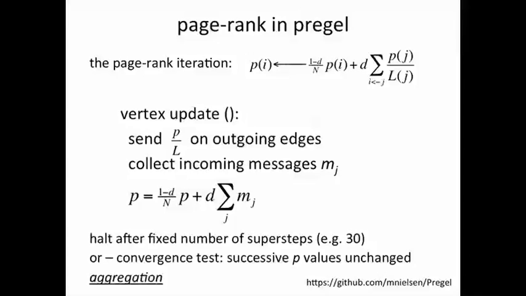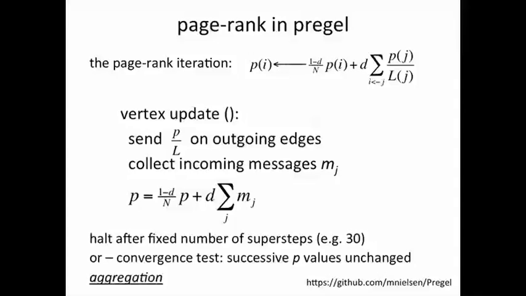Now, one of the ways you compute PageRank is you start off with some initial values at every vertex for p. Typically 1 by n is taken as a starting point. And then you do this kind of an update. So p of i at the next step becomes p of i times a factor. Typically d is something like 0.85, so this becomes 0.15 over n. So it's p of i multiplied by some factor plus d, which is say 0.85,